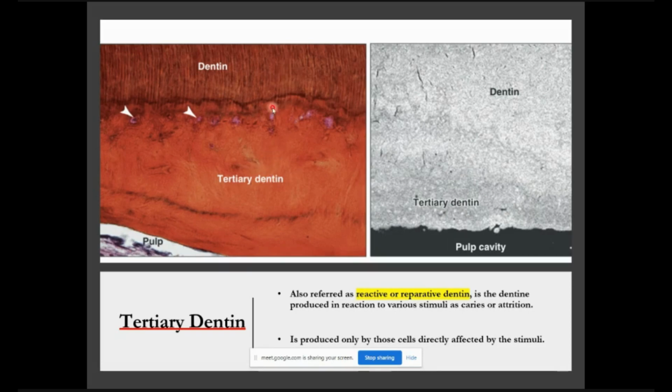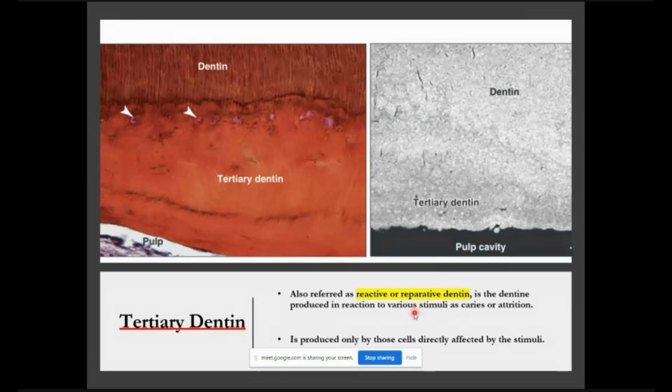Here you can see such a regular arrangement of those S-shaped dentinal tubules, very closely situated next to each other. Whereas here in tertiary dentin, it's a very disorganized arrangement, and you don't see any tubules at all. If at all, there are very few tubules here and there. So that's the difference in the histological structure of tertiary dentin. And this is a ground section showing pretty much the same.